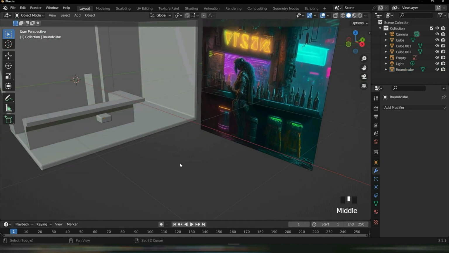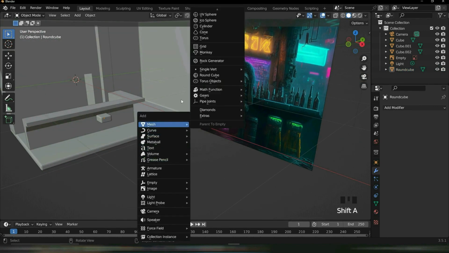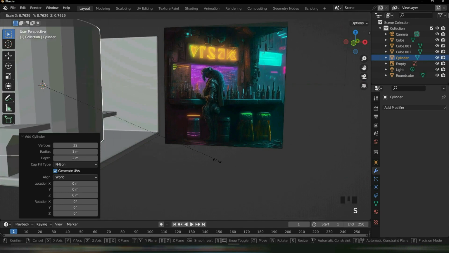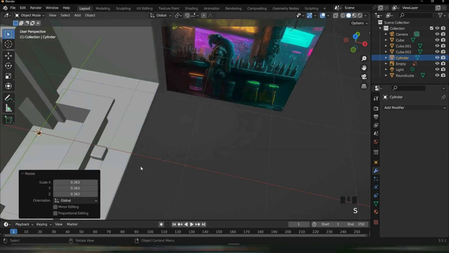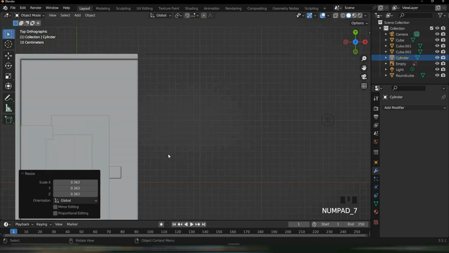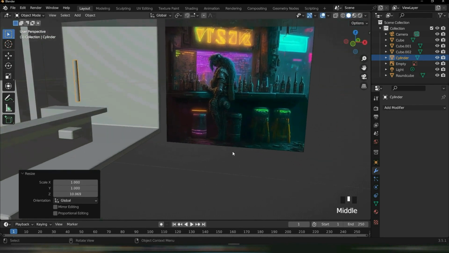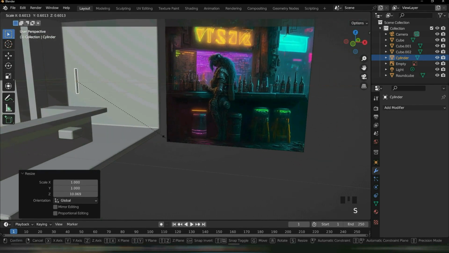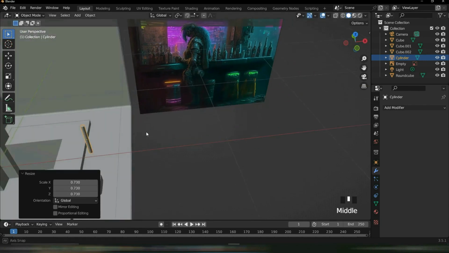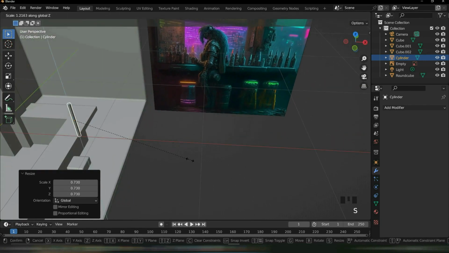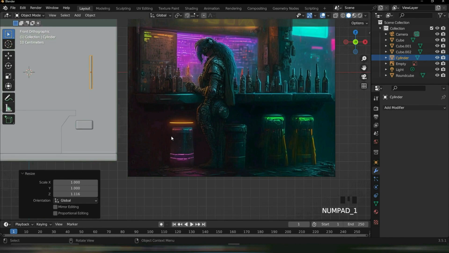Let's do Shift A, mesh. Let's do a cylinder, scale it down quite a bit actually. Press 7, G, move it into place. There we go. Scale it in the Z axis. It seems like a pretty thick leg. So let's just scale it a little bit more to be a little thinner, but not too thin. Scale it in the Z axis. And let's press 1, G,